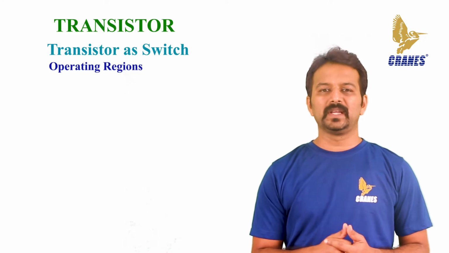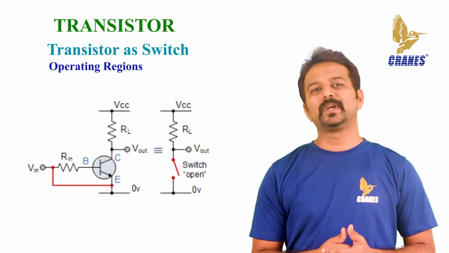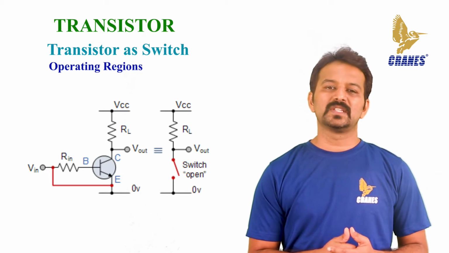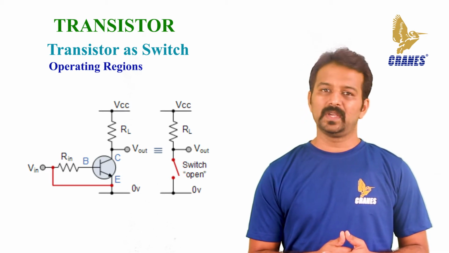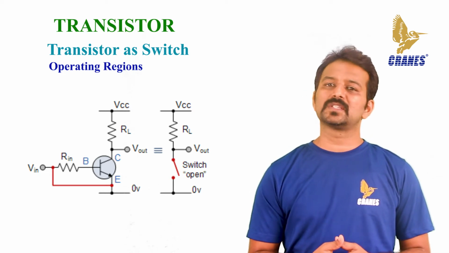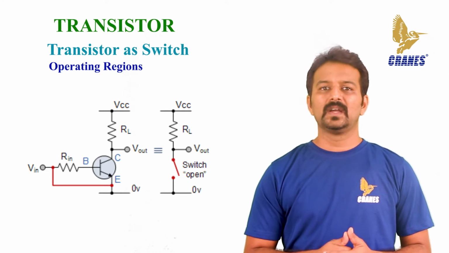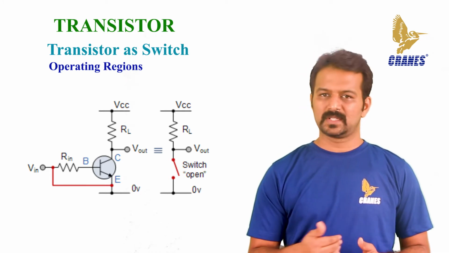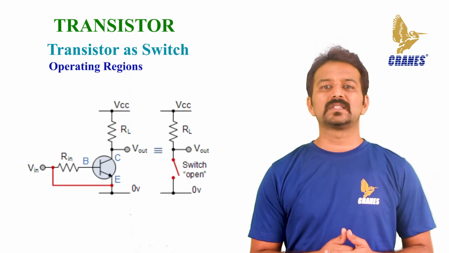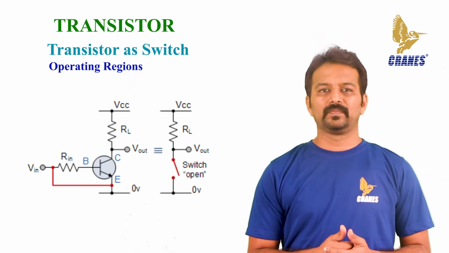Let's look into the operating regions. Firstly, the cutoff region. Here the operating conditions of the transistor are 0 input base current IB, 0 output collector current IC and maximum collector voltage VCE, which results in a large depletion layer and no current flowing through the device. Therefore, the transistor is switched fully off, that is cut off.